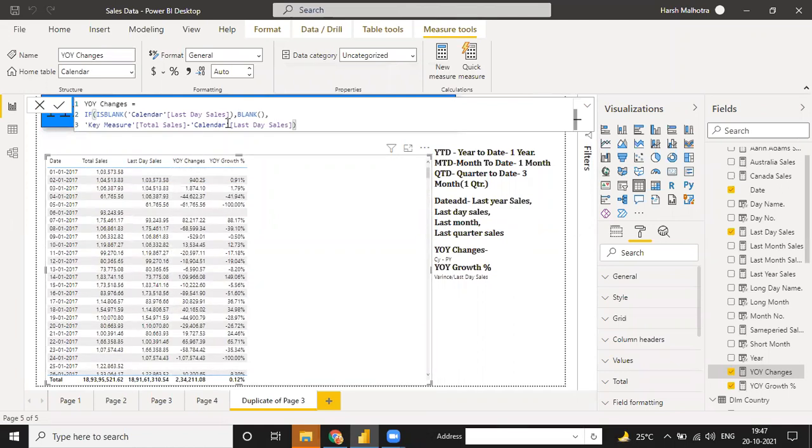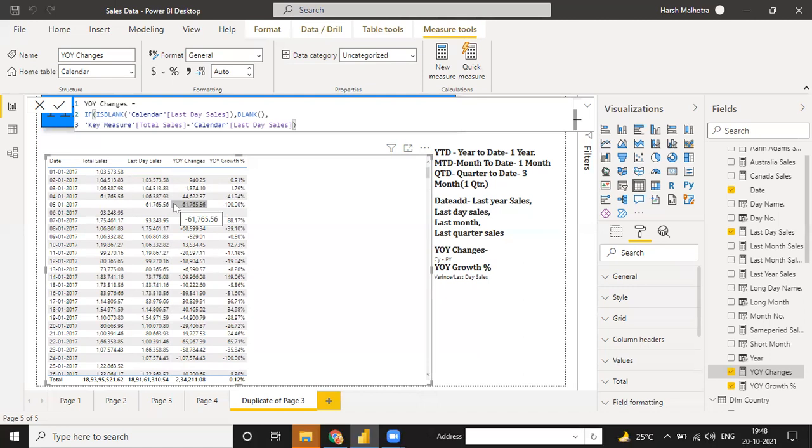So that is the reason that we should use the is blank function here. Suppose you are working in any organization, if your current sales has a value but last year sales has no value, and you subtract current year minus last year, that is the same value as the current year. That is why you need to change your growth.